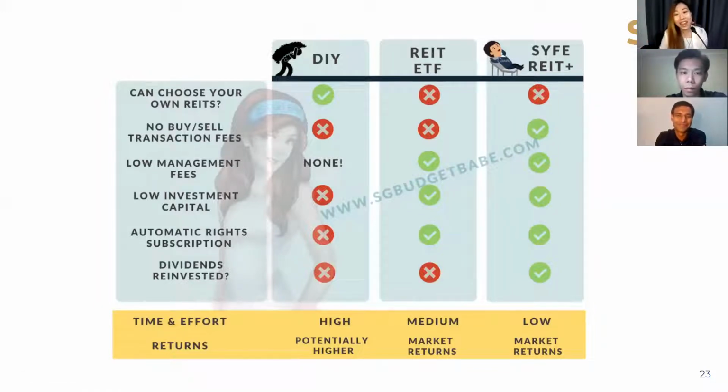So yeah, this slide is the one that we were talking about in our last webinar. I think this really breaks down, and I hope that addresses your question for the one who asked that, as it was anonymous. I can't name someone, but this is a great way to think about it. There are significant differences between doing it yourself. With DIY, you still need to buy through an ETF, right? If you want multiple REITs, unless you're talking about buying each of the REITs individually. If you want to combine that ETF plus brokerage all in one, Syfe basically does all of that for you. And in terms of the fees, I think you're spot on. It's pretty no-brainer in that sense, because the kind of effort that you're saving is tremendous.